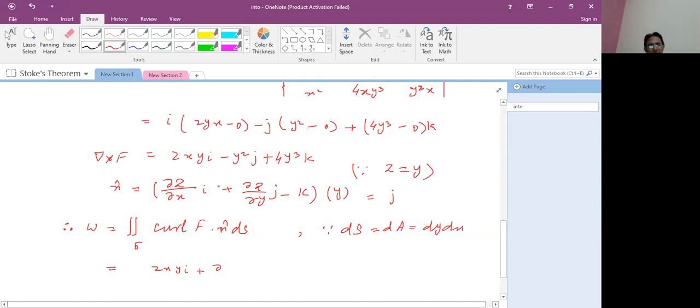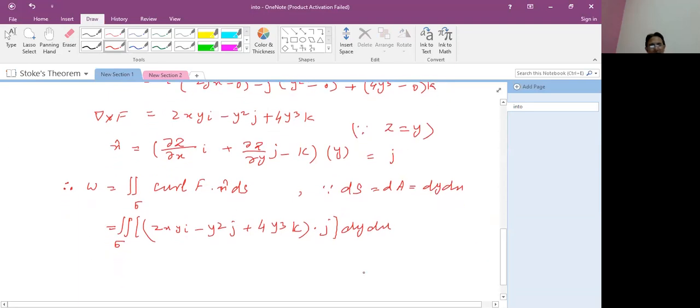Now when we write here, student, the value of curl F, it is 2xy i minus y squared j plus 4y cubed k, dot the normal, into dy dx. So when we find the dot product,